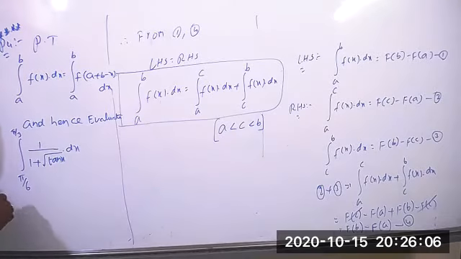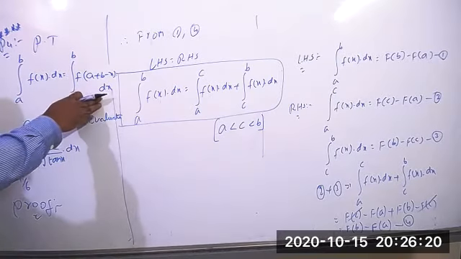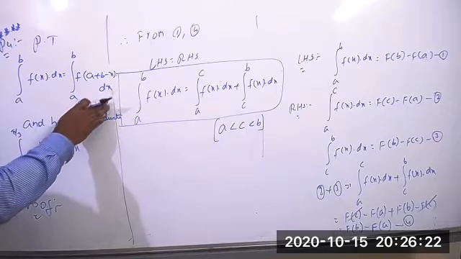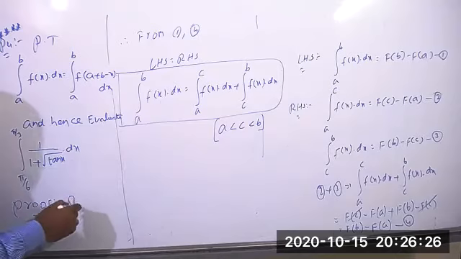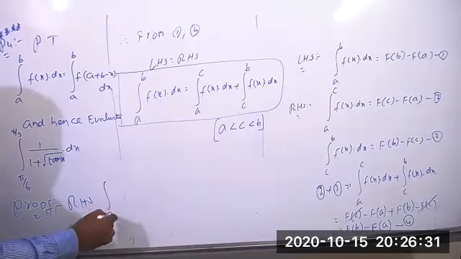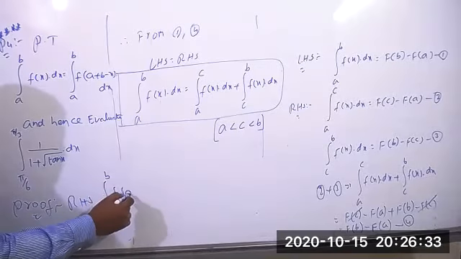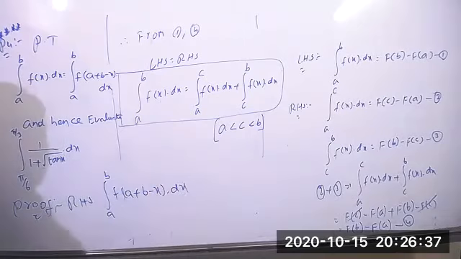So first you can prove that. The proof is also very easy. Directly you can take the definition here, but for proving that, don't take the LHS value. First you take the RHS value, so based on the RHS value, we can prove the LHS. So I am taking the RHS first. What is the RHS value? Integration of a to b f of a plus b minus x dx is the RHS.